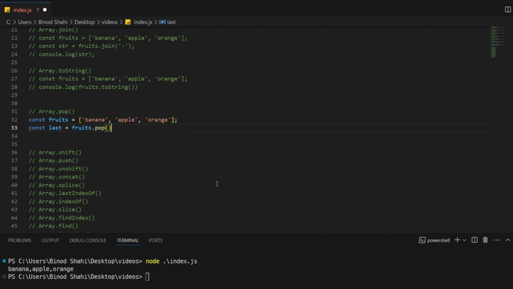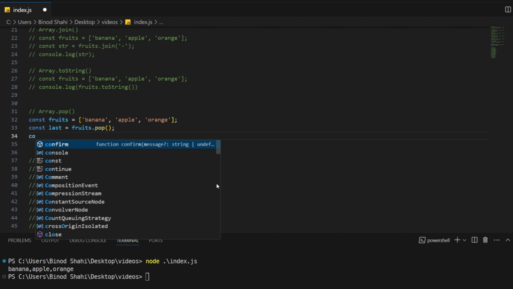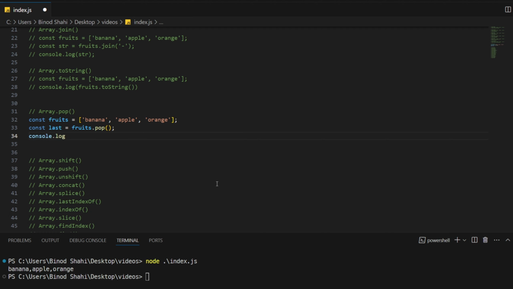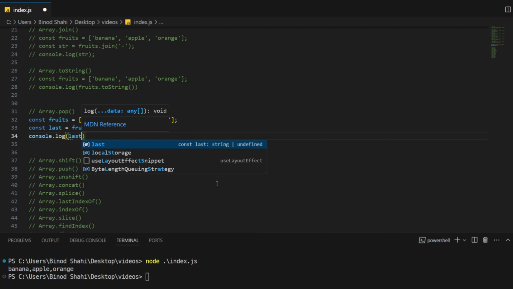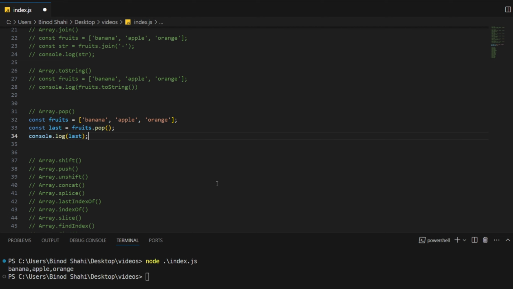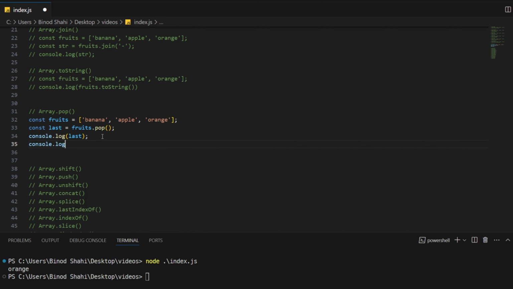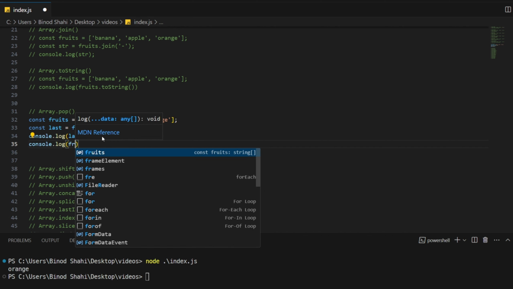If we console.log the last, what we will get is the last element, and if we console.log our original array, which is the fruits array,